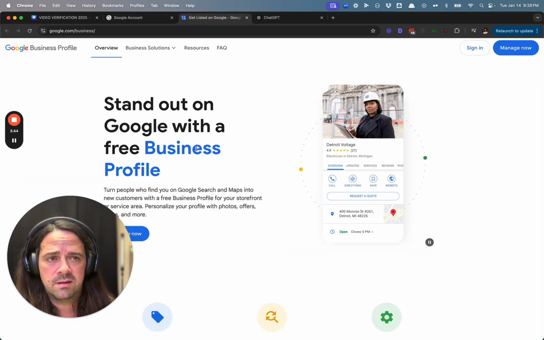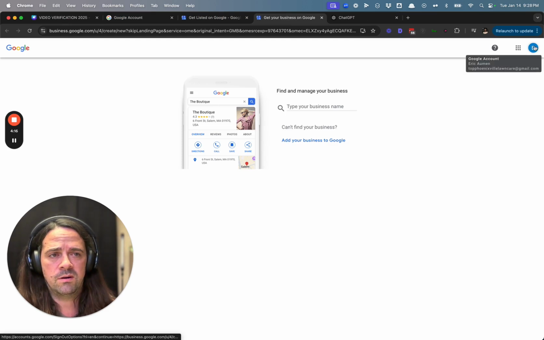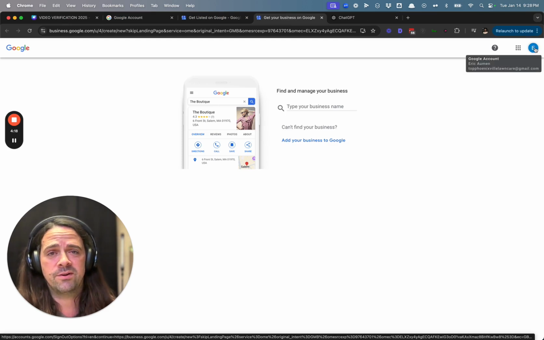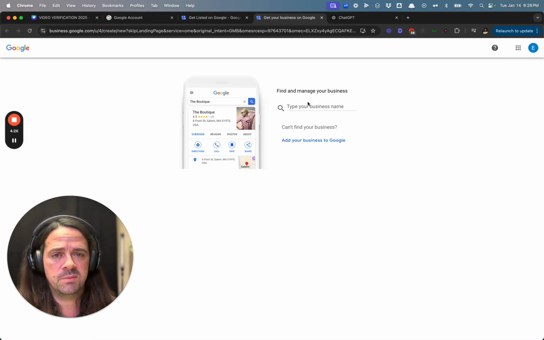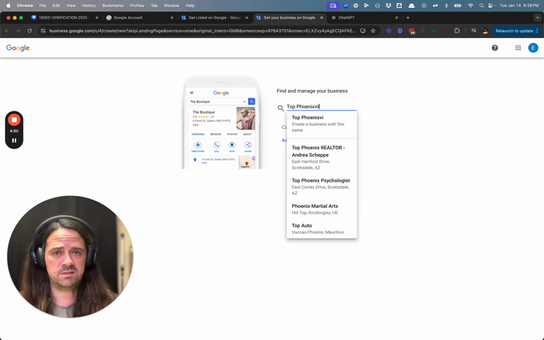google.com/business. All right, here I am, and I am going to sign in. Okay, we're signed in, and it's important that you make sure that you are logged in. You're logged out of all your other Google accounts, and we want to make sure we're in this new account we created, which we are, top Phoenixville Lawn Care at Gmail. So let's put that in, top Phoenixville